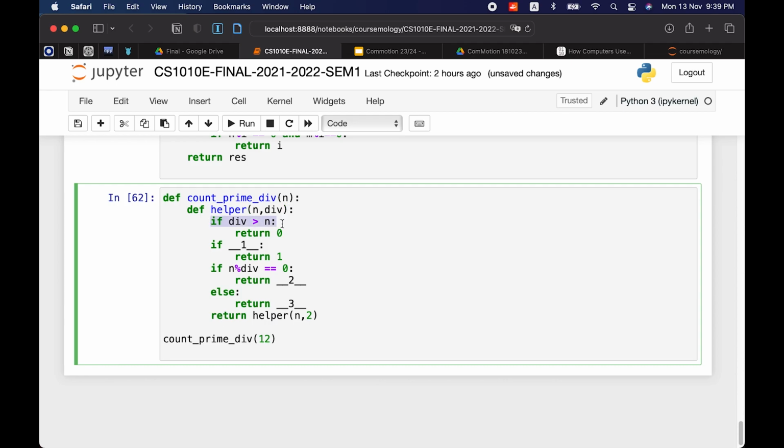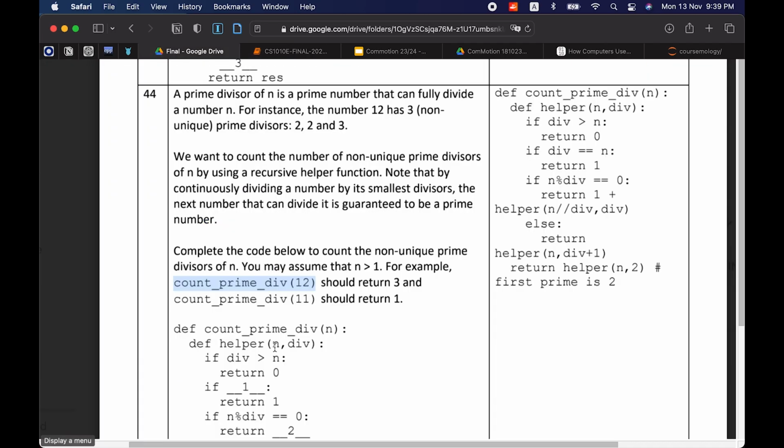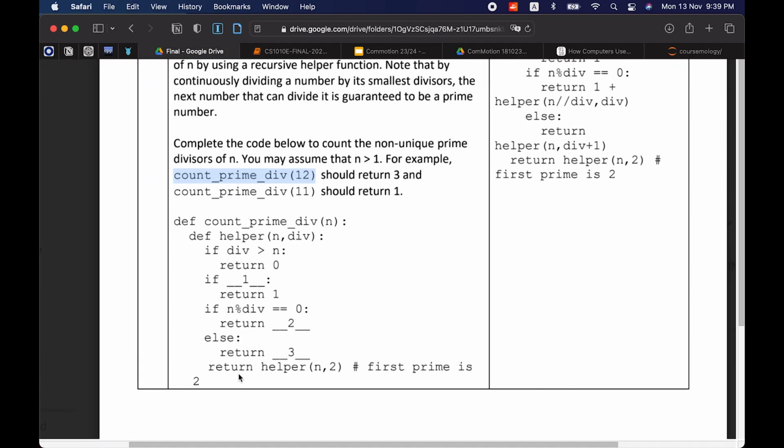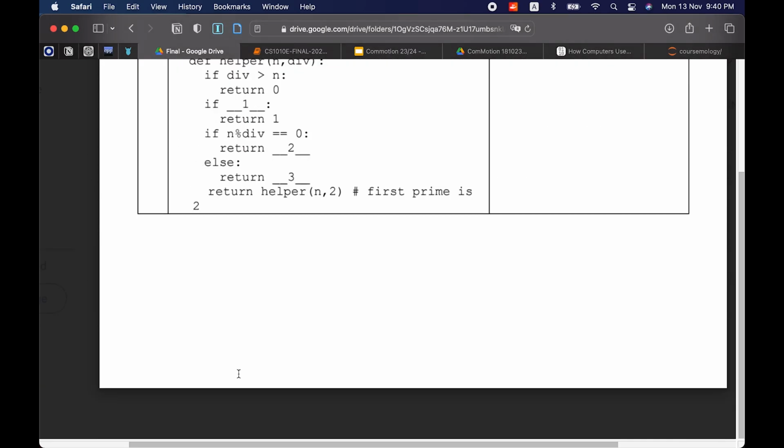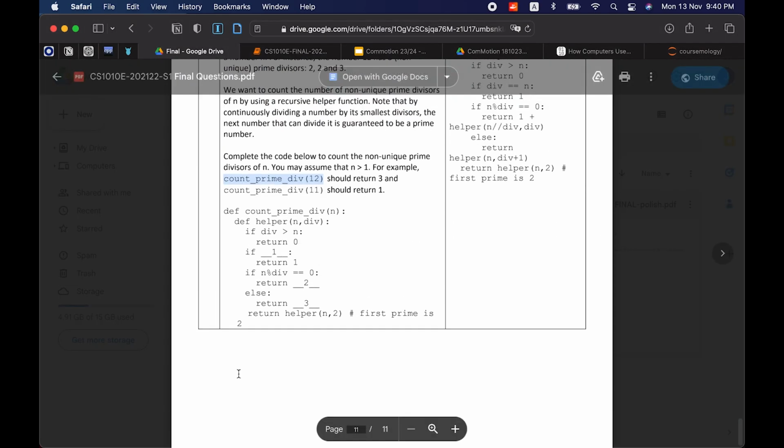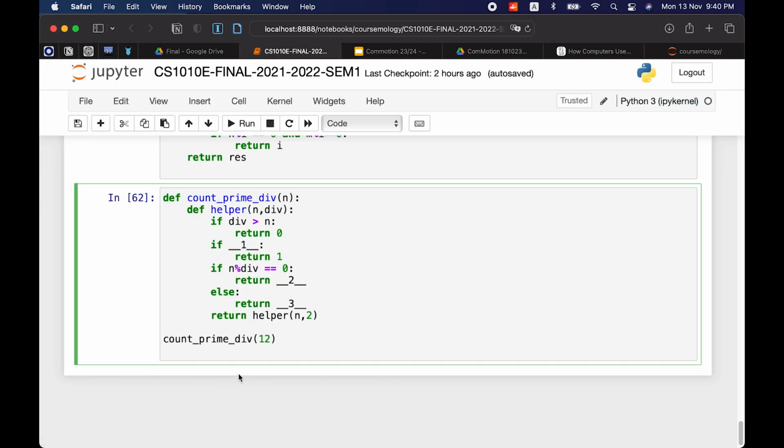So if the divisor is more than n, we return 0. Sorry, I'll copy this. Okay, because we have 2, 2, 2.